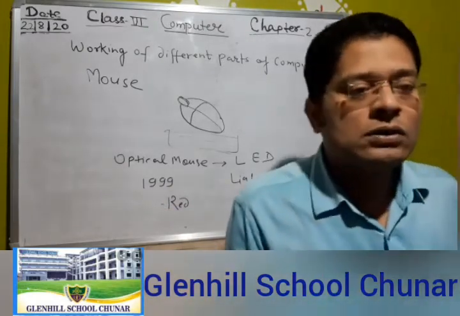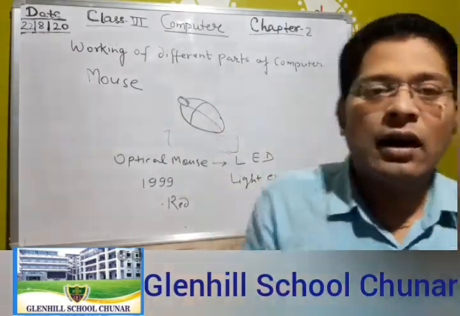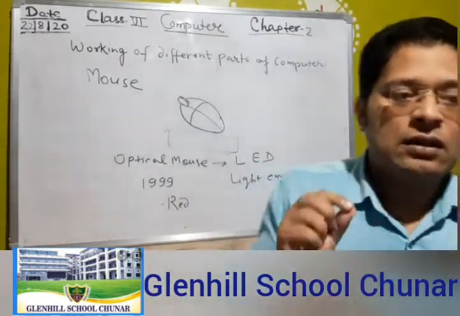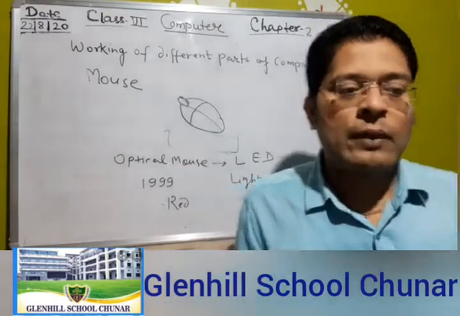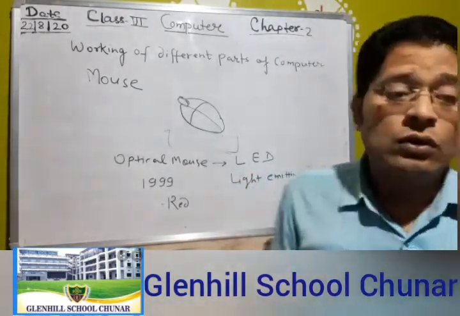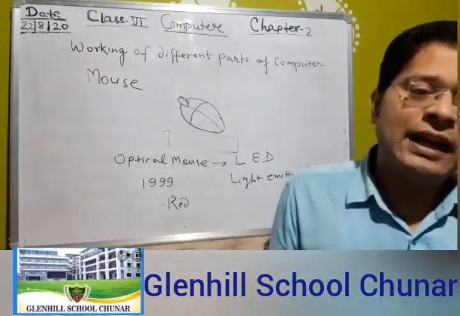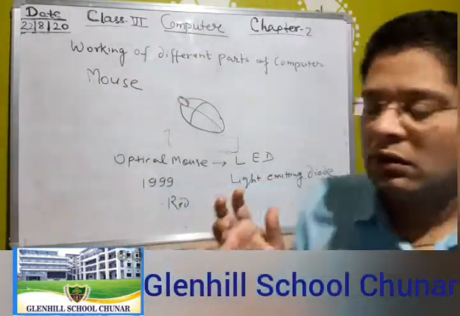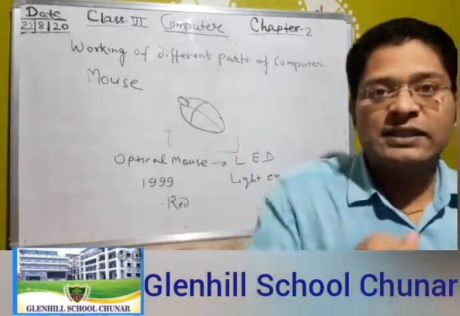So the optical mouse offers much greater accuracy than mechanical and optomechanical ones. Okay, yeah. First, the LED produces a red light that is emitted onto a surface, and the light is reflected off the surface back to the CMOS sensor. Okay student?